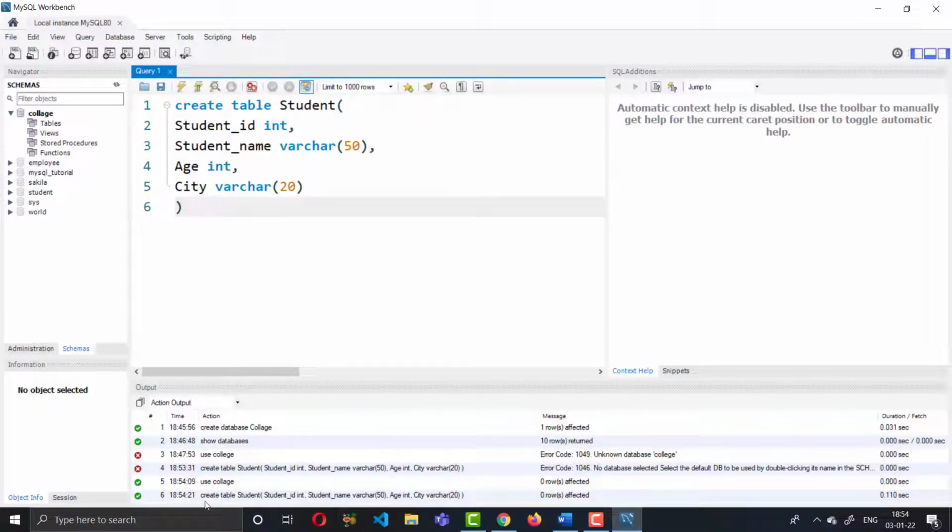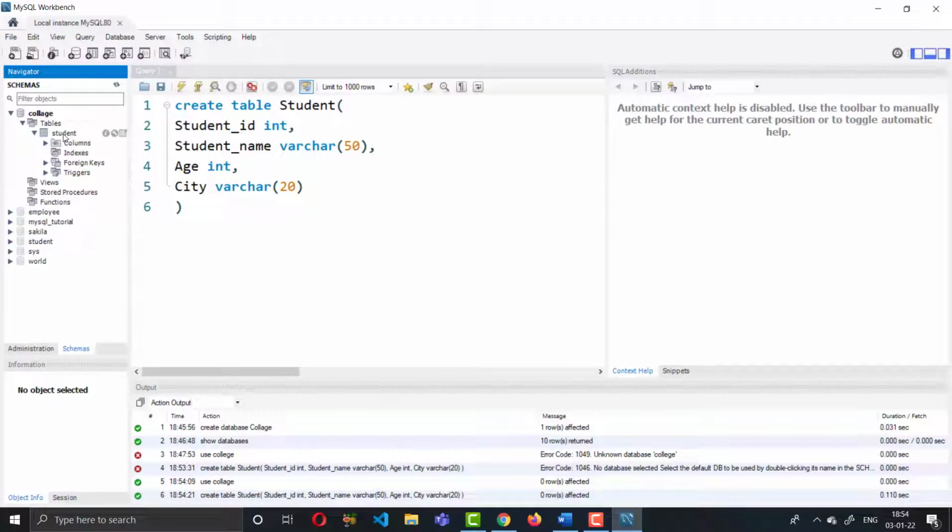Okay, if you observe, the create table student is now created. So how will you verify that the table is created? If you refresh here, this is your college database. In the college database, the tables are coming, and the student table is created.